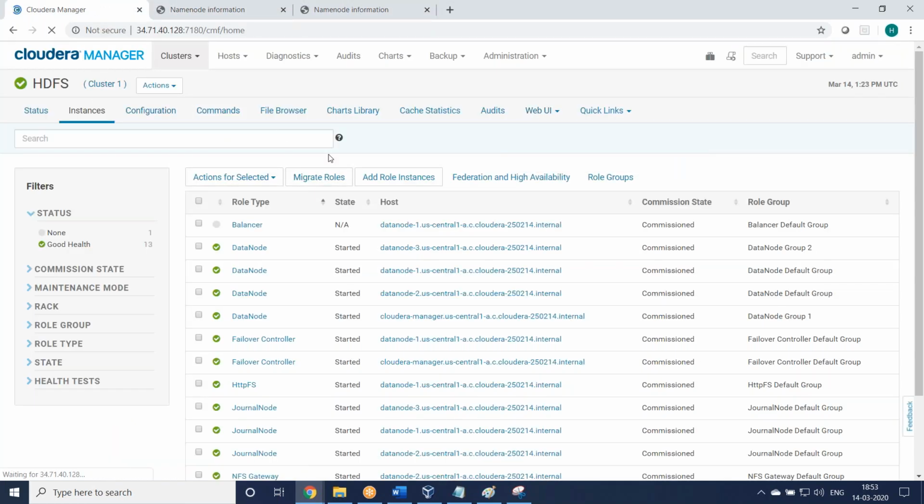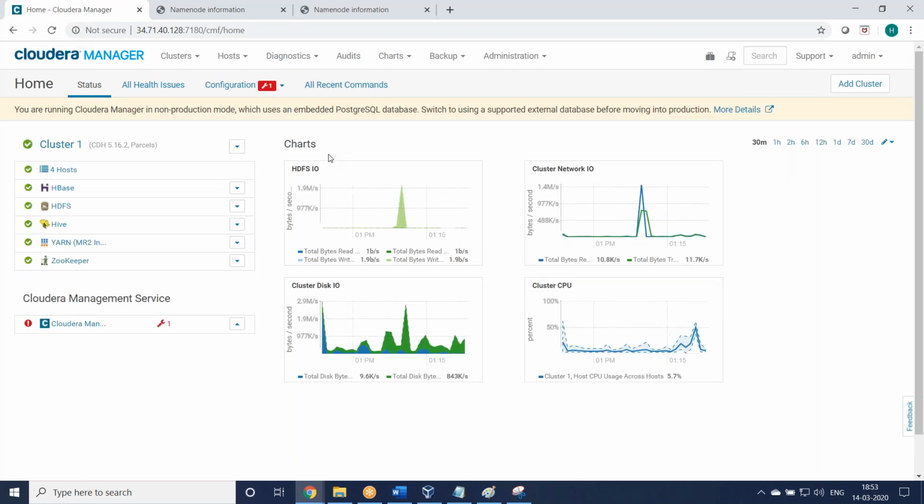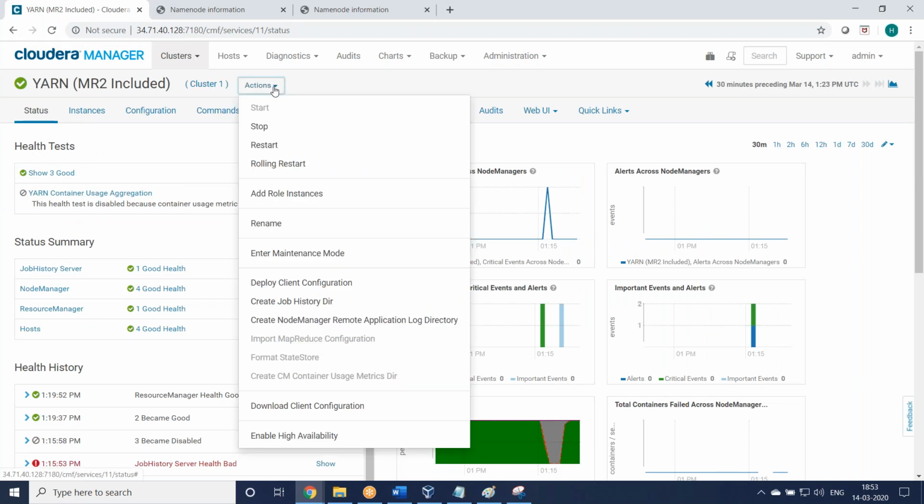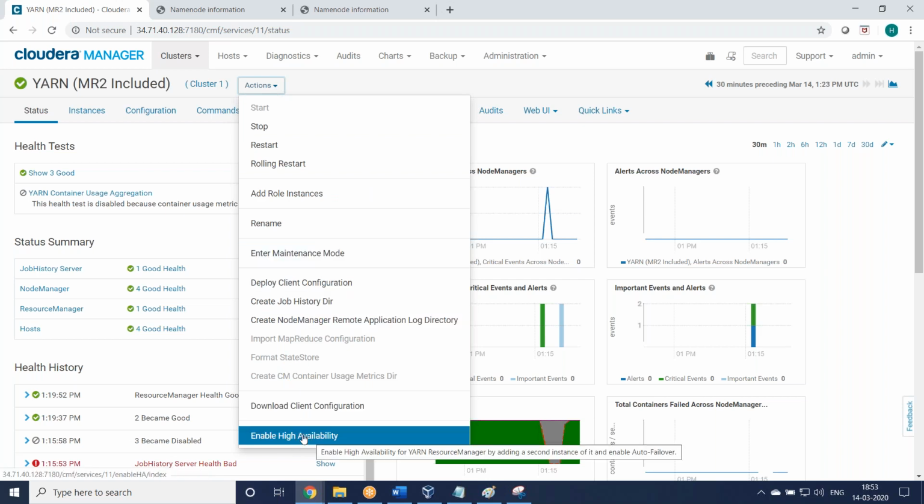This is enabling high availability of HDFS, right? Similarly, we can do high availability for Yarn, MapReduce. Yarn is very easy. Go here, open Yarn, Actions, enable high availability. You see, the last option.